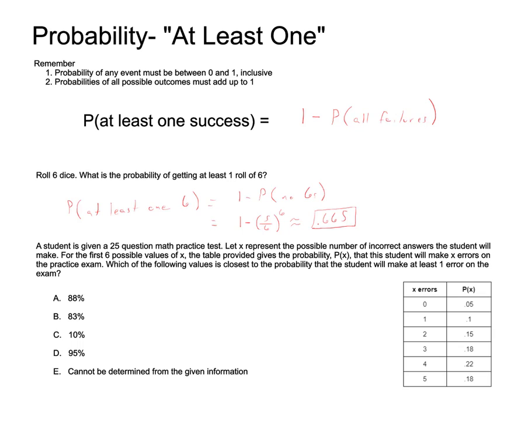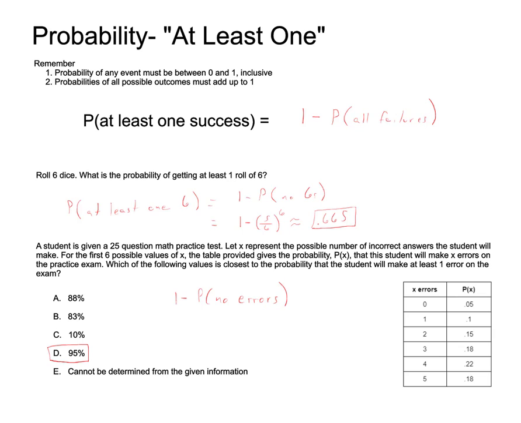I've seen examples of this on various ACT practice tests. But this is a trick question because the table there is misleading on purpose. So what we want to do is cut through the confusion and realize this is a really, really simple question if we approach it the right way. The probability of making at least one error is the probability of making no errors subtracted from 1. So that will simply give us 1 minus 0.05, 0.05 being the probability of making 0 errors. So our answer here would be D,